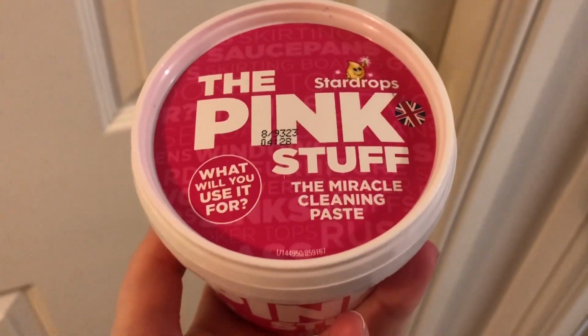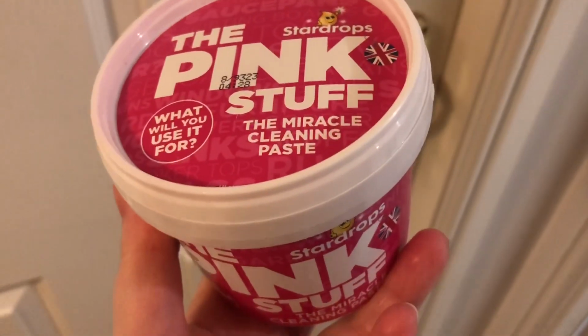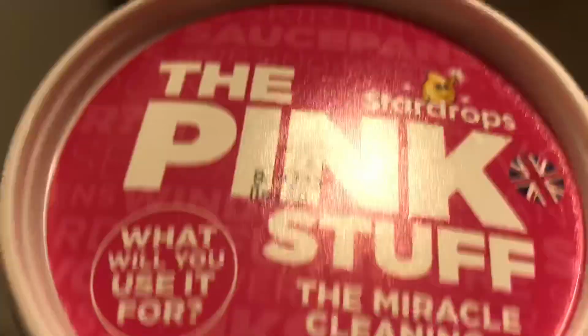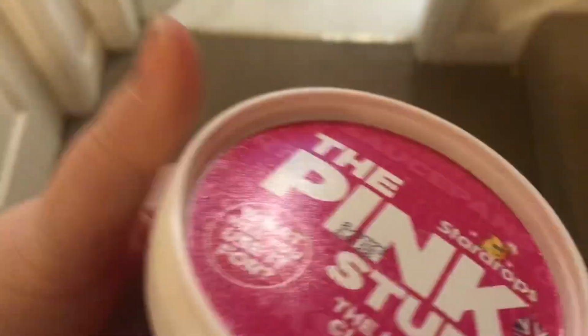I've wanted to try this for the longest time, but I've never been able to get it. I have the cream cleaner there. But I've always wanted this, and then I found it in B&M 2 days ago. And basically,